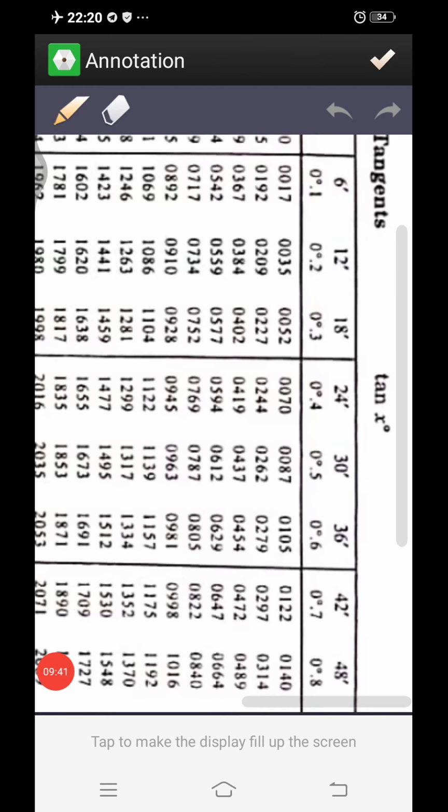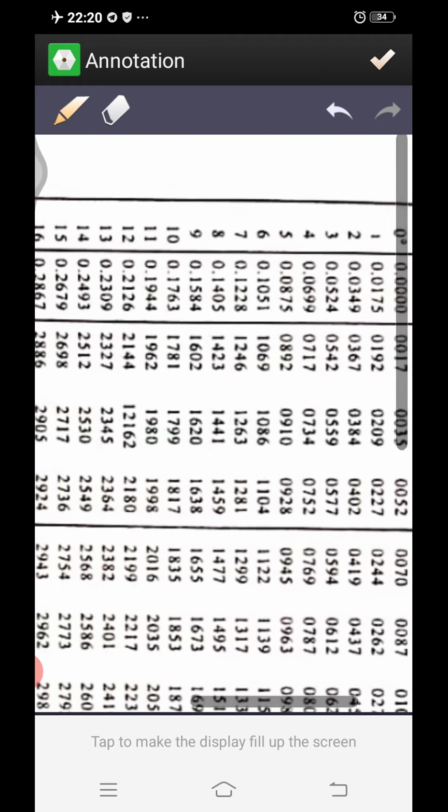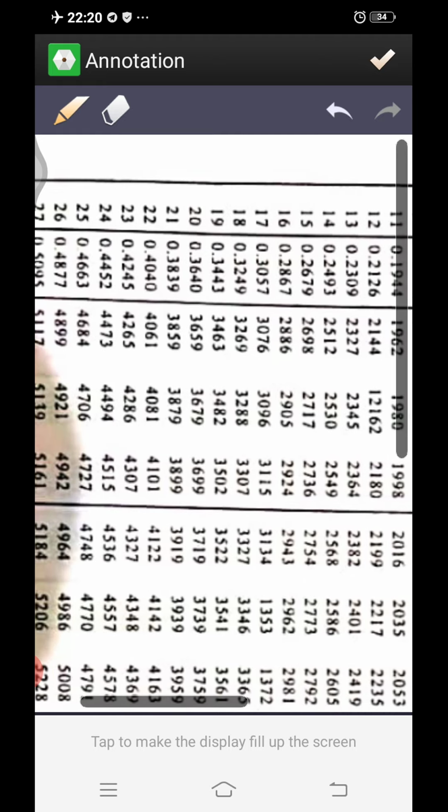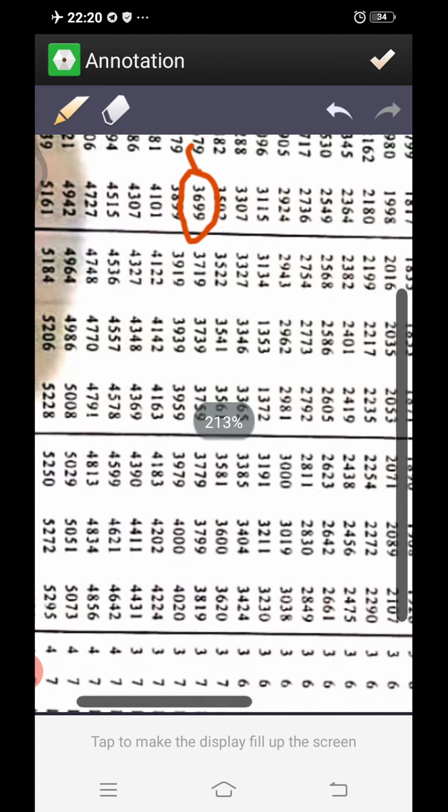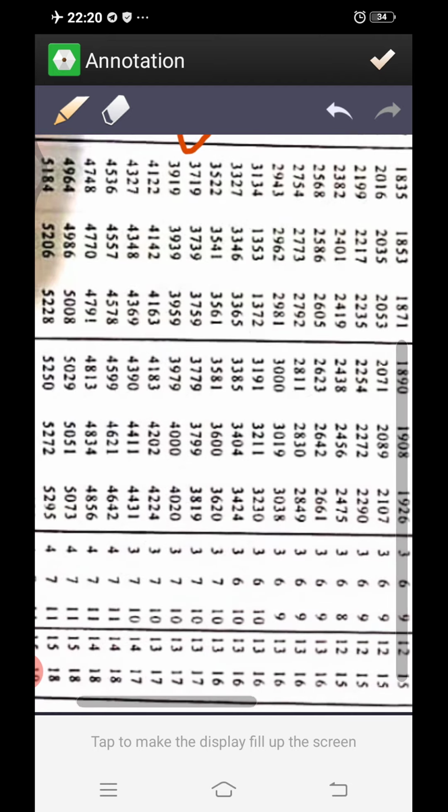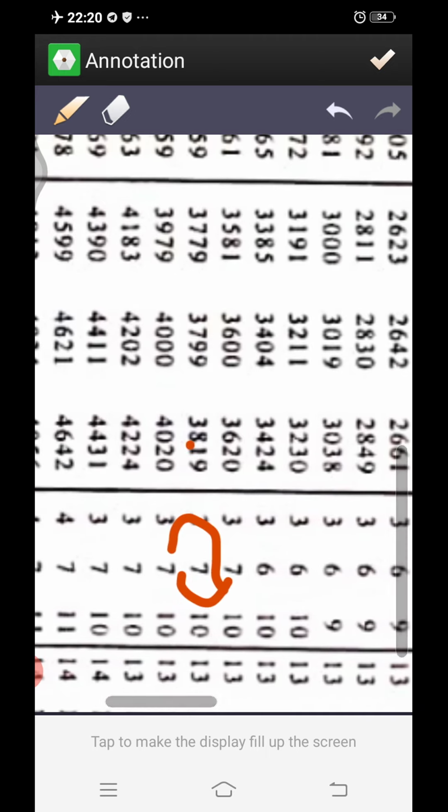Again, you can see here this tangent table. We have 20 degree 18 minutes. This is 6 minute, 12 minute, this is 18 minute: 0.3699. Then the difference for 2 minutes in the same row. Reach to the 2 minutes in the same row. Here we get the difference for 2 minutes as 7. So this 0.0007 is added, as you saw previously.